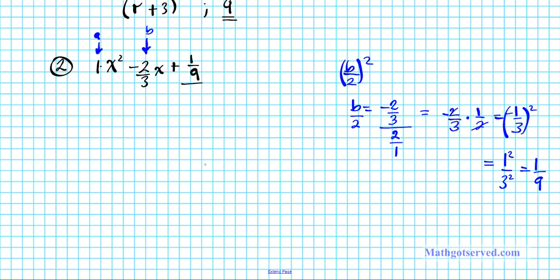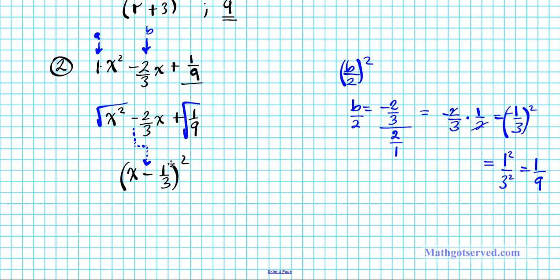Now let's factor this using our factoring trick. So let me rewrite our perfect square trinomial. The perfect square trinomial is x squared minus 2/3 x plus 1/9. Now to factor this, we're going to root the first and the last term. And do not forget to bring down the middle sign. All right, so bring down the middle sign. And that's going to give us x minus 1/3